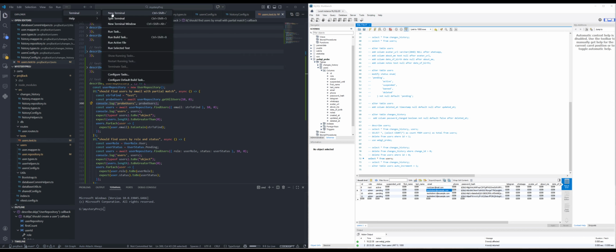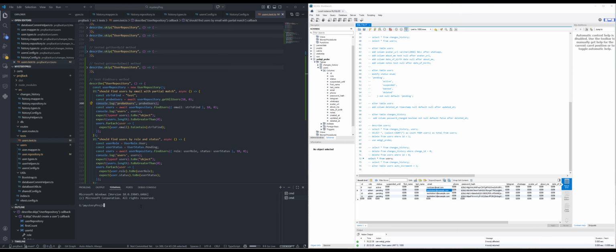Terminal new. cd into the project, back, and test it again. Oh my god, it's okay. Okay, now we can see how it's going to be. It's very long somehow. So